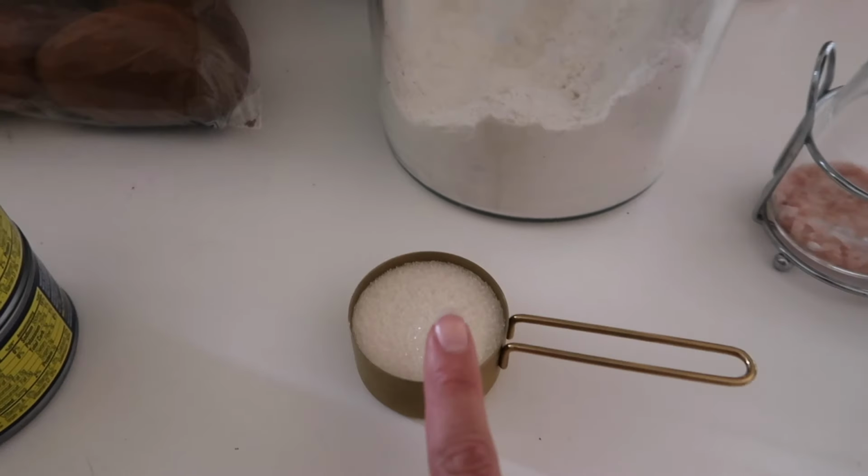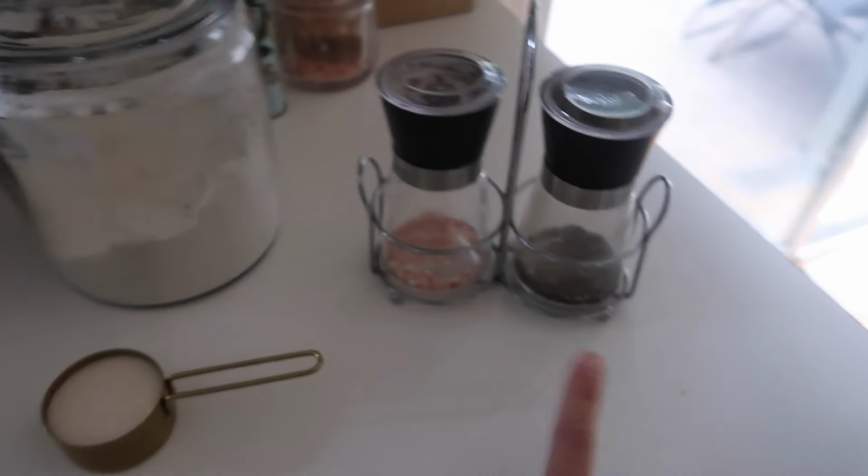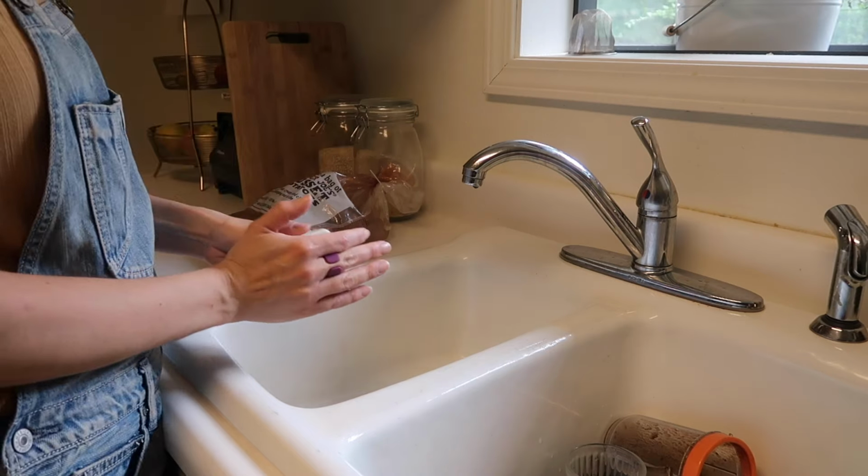I also have a little bit of sugar. I'm not using all of this. And then we'll also need some flour and then salt and pepper to season it. So the first thing I'm gonna do is prepare the potatoes, and I have this really cool veggie brush that